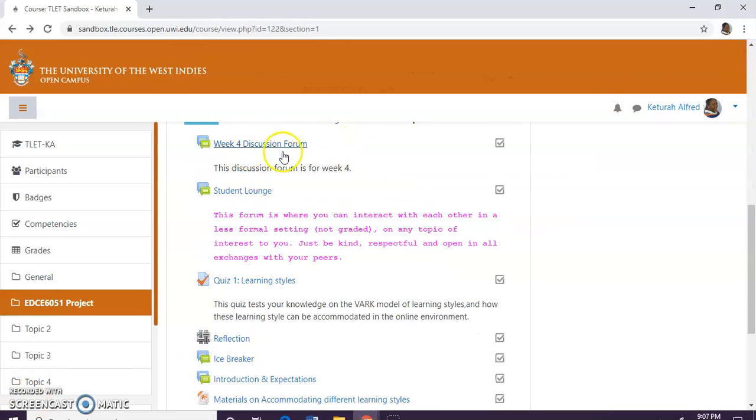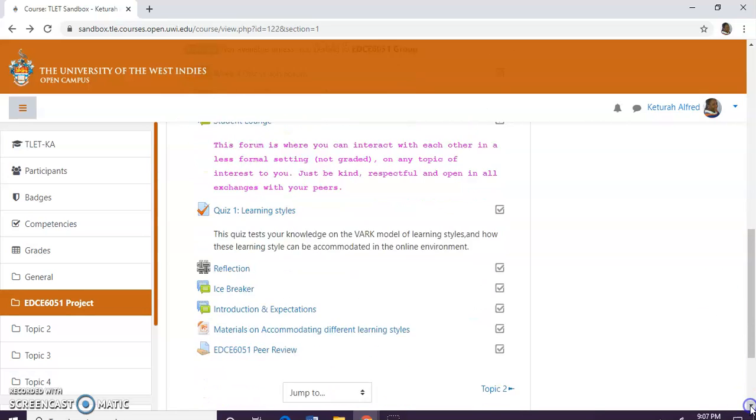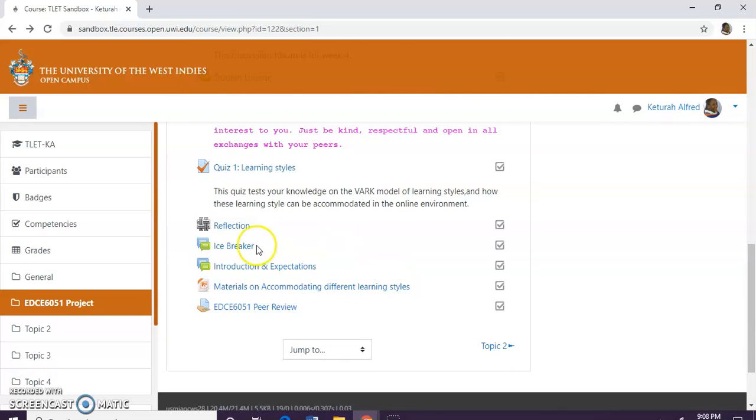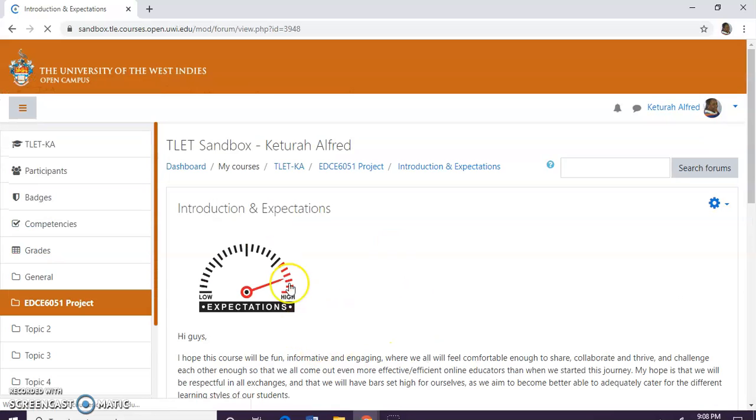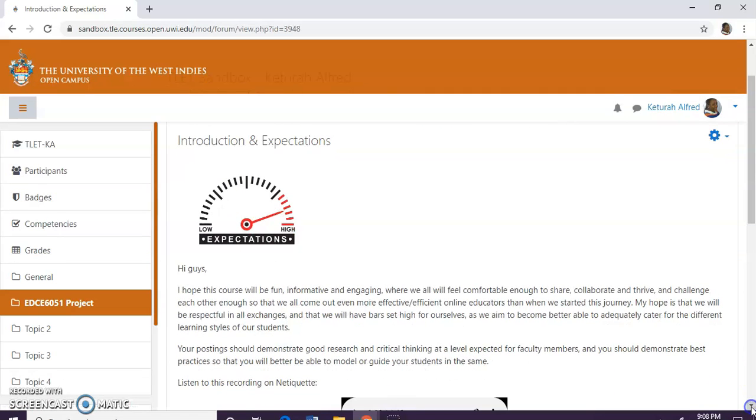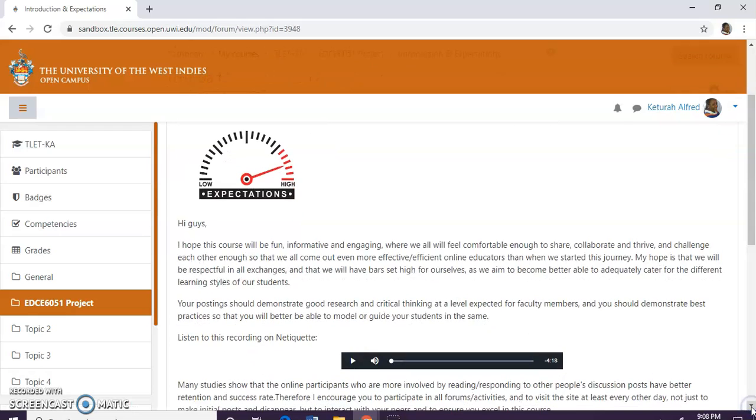There was also a discussion forum on the actual topic of interest, which was accommodating different learning styles. And then the last thing I'll show you would be my introduction and expectation area forum, right? And this actually had my expectations and things. Again, you make it as attractive as possible.